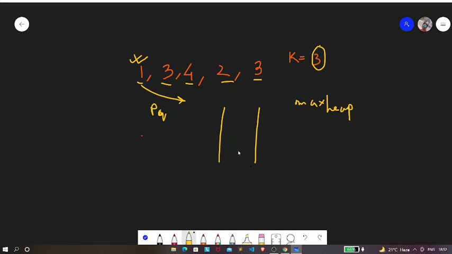So at first we are going to push this one to our priority queue. Hence it contains only one element, that is 1. Now when we push this 3, we push using the FIFO order, that is first in from the rear end. And then we have to heapify this max heap, so heapify this priority queue.